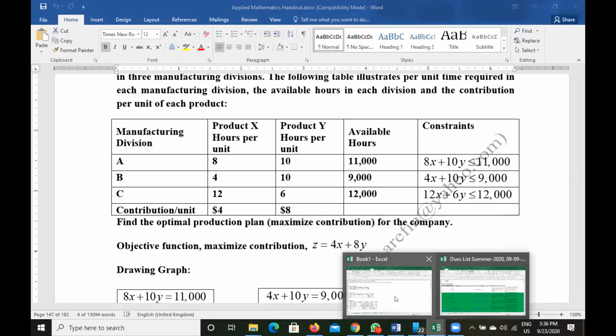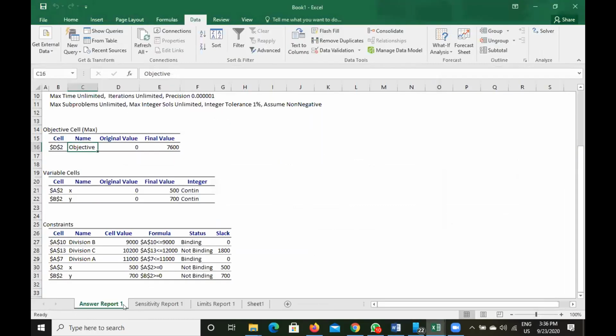We can see from the report that the maximum contribution we can get is $7,600. And to get this maximum contribution, we need to produce 500 units of X.